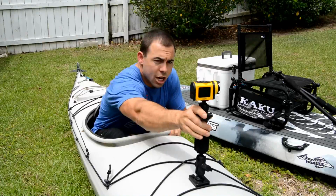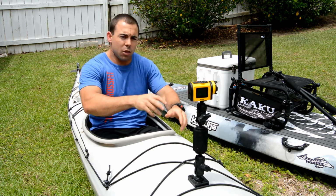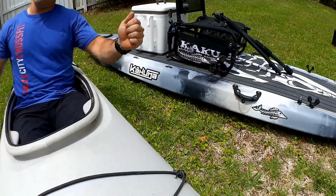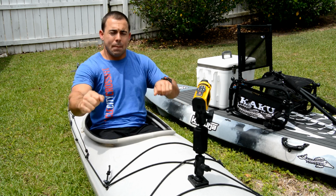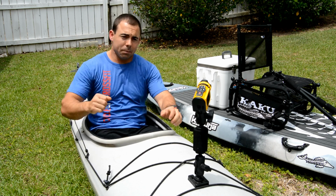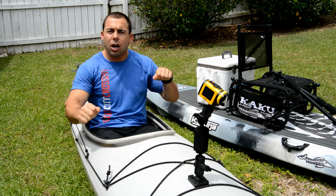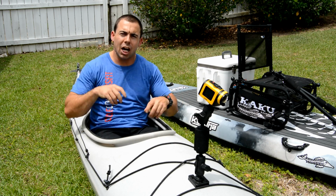paddling and talking to you guys, and then as I get to something interesting, I may just turn it and shoot that, another interesting tree or an interesting bank or down in the water, or get a different angle of me, shining it down with a paddle dipping in the water, or if the clouds are cool, maybe get the paddle up in the air, and then maybe the kayak going through the water while I'm paddling. All this while I'm talking, and I'll take these B-roll shots, so to speak, and